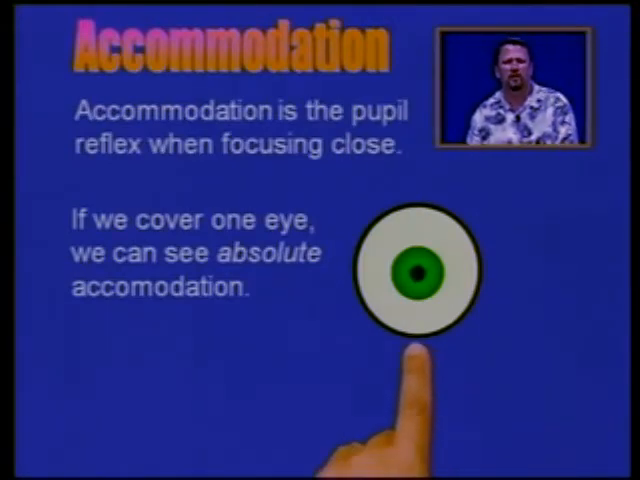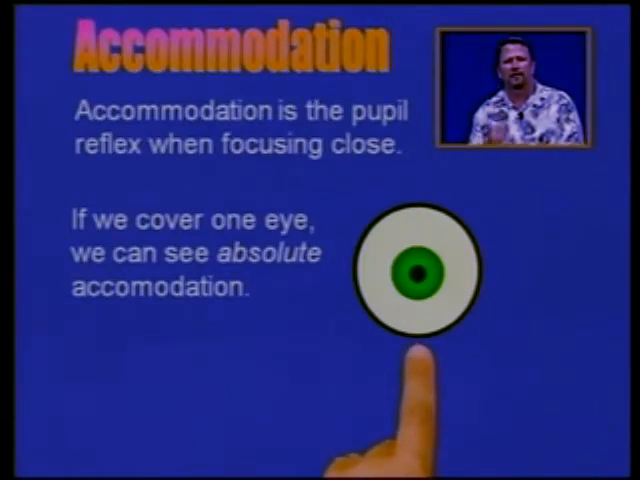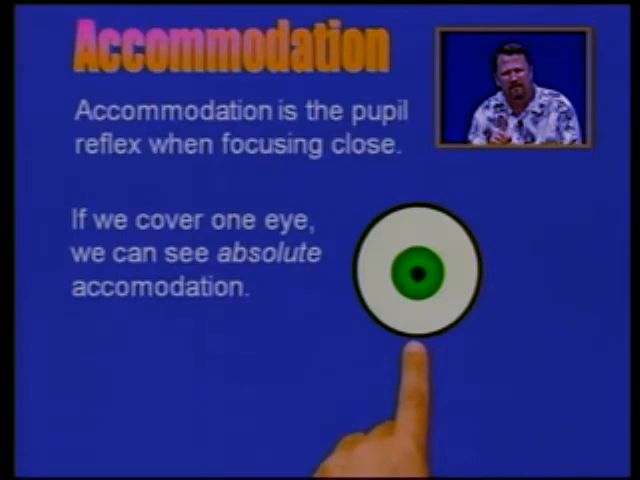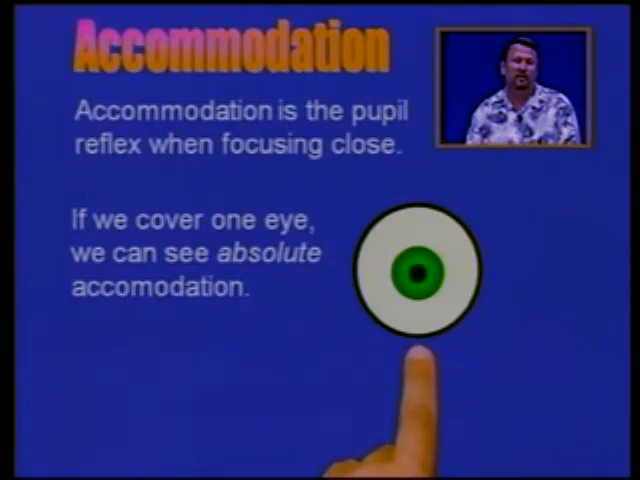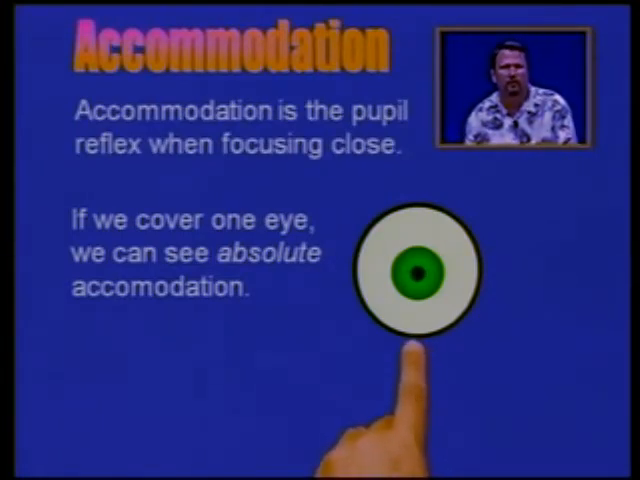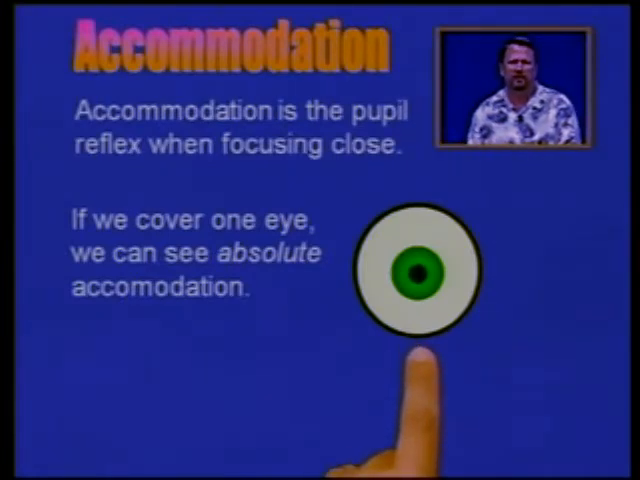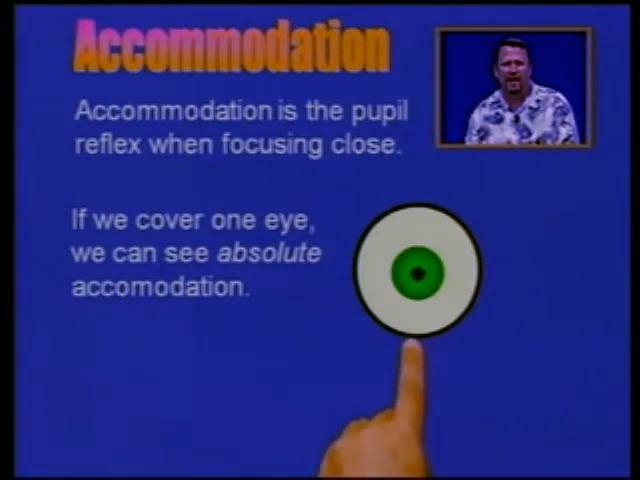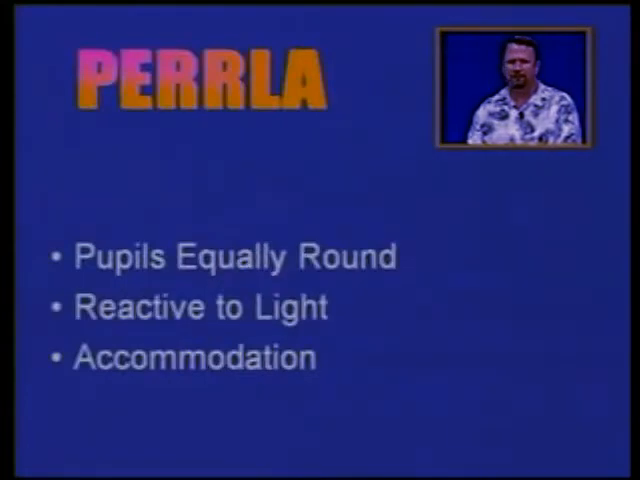If we cover one of the eyes, as the open eye focuses on something more close, the pupil gets smaller. So this is absolute accommodation. So those of you in the clinical setting will see